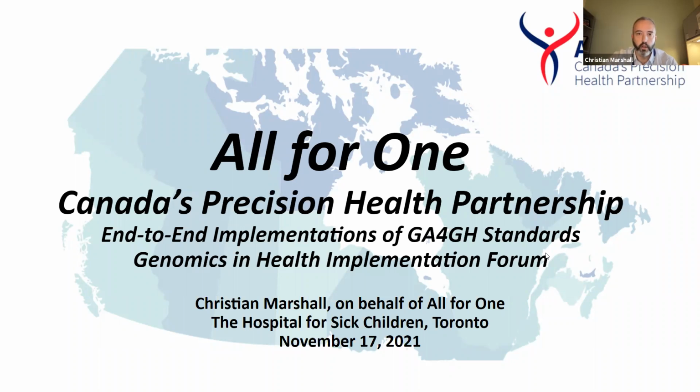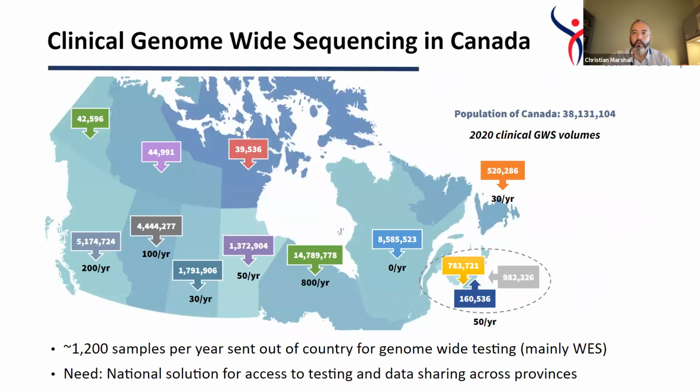I think to understand some of the initiative, we need to think about how healthcare is delivered in Canada. As Catherine, I think, mentioned yesterday, Canada is a system very much similar to Australia. Healthcare is delivered in a provincial manner. This is data from 2020, population of Canada around 38 million. And you can see the different populations of the different provinces, which is where healthcare is delivered in